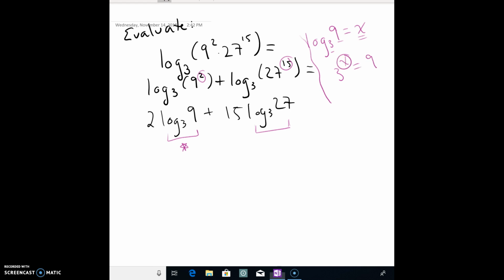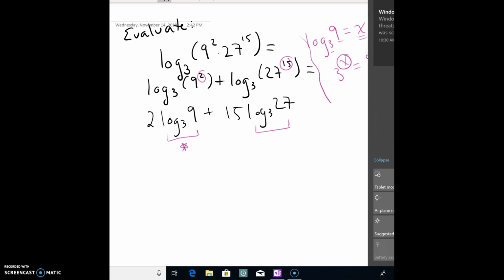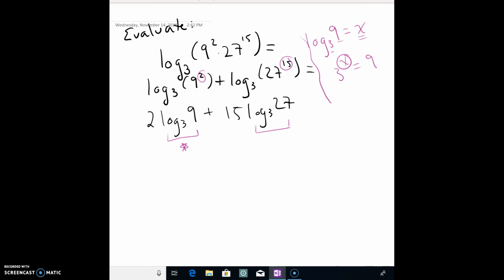That means that log base 3 of 9 is the same thing as saying 2. So we can just fill that in over here, because it says log base 3 of 9. And this bit becomes 2 times 2 plus,